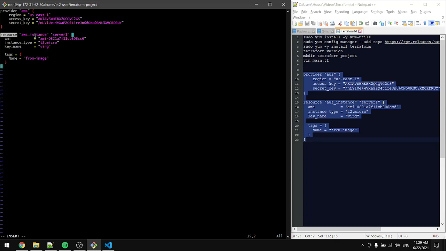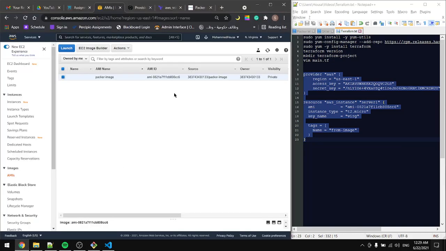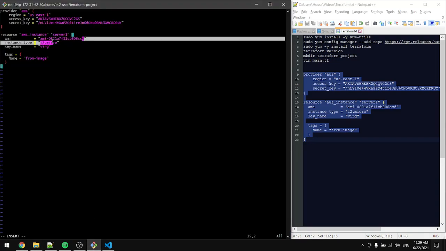Here we are creating an instance with the ID server1. The image ID will be this image ID. Just copy the AMI ID from here and paste it here. And the instance type is t2.micro. The key name, this is my key. In here I'm tagging the instance with the name from image. Okay, let's save this file,